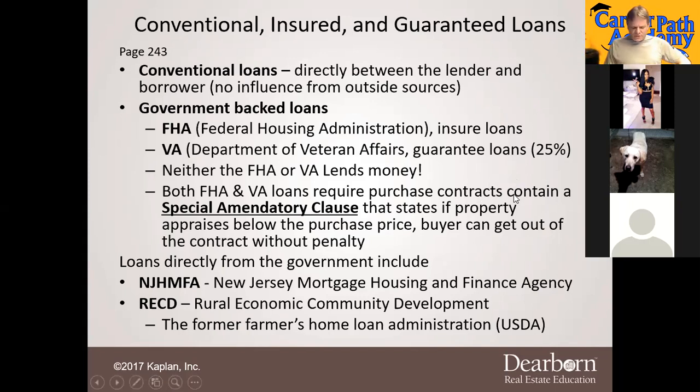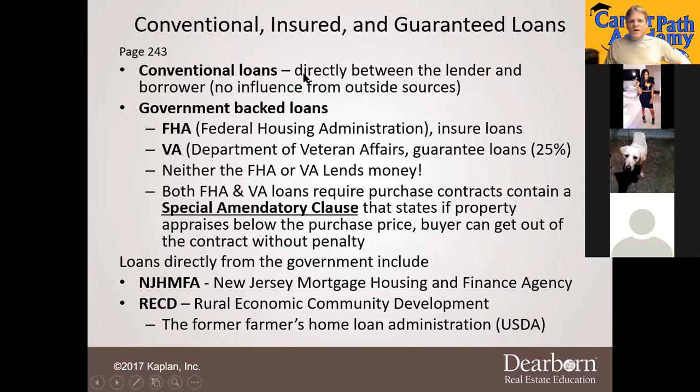All right, go to page 243. Next page here: conventional, insured, and guaranteed loans. Highlight the first bullet point. Conventional loans, directly between the lender and the borrower with no influence from outside sources. It doesn't say all that, it just says conventional loans are those arranged entirely between the borrower and the lending